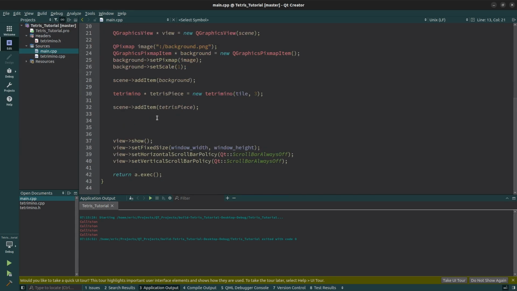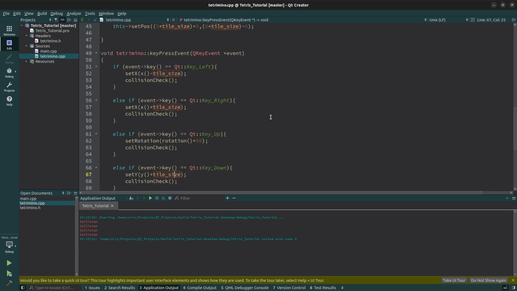Cool. So what I'll do is restrict movement of our piece based on the collision. Quickly over here, I'm just going to add some if statements. We have our function, tetramino key press event, and it takes in a key event. So when we hit that left key, what we want to do is use this collision check variable here. To do that, we're just going to do an if statement. So if collision check